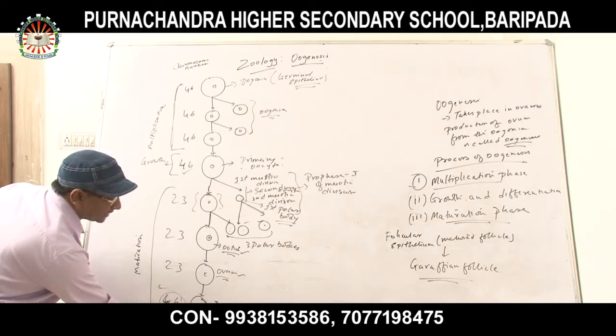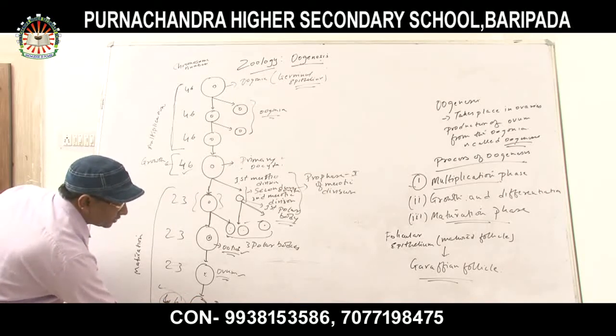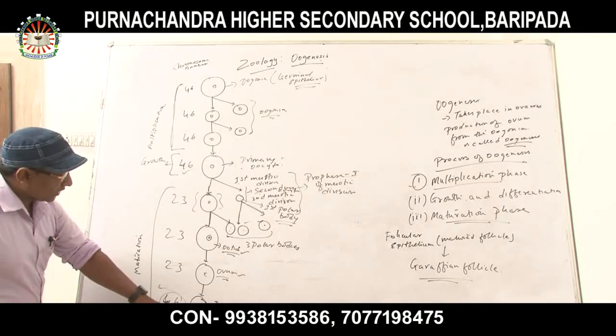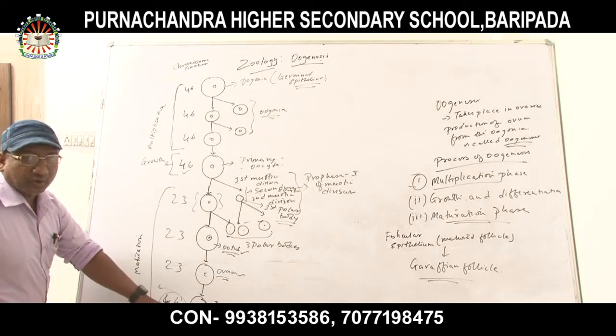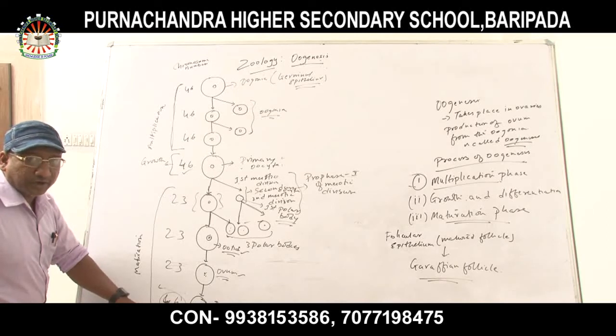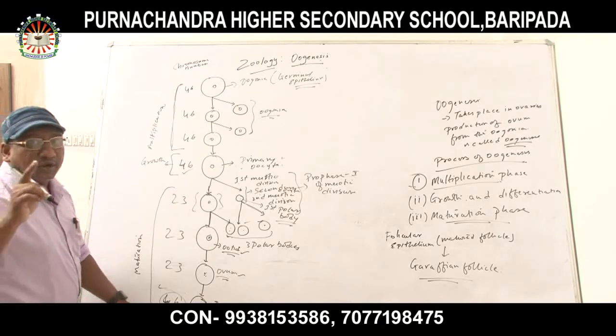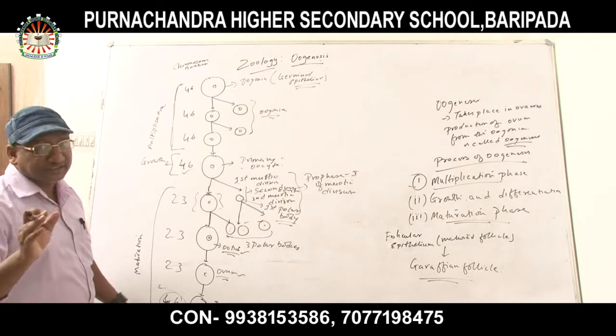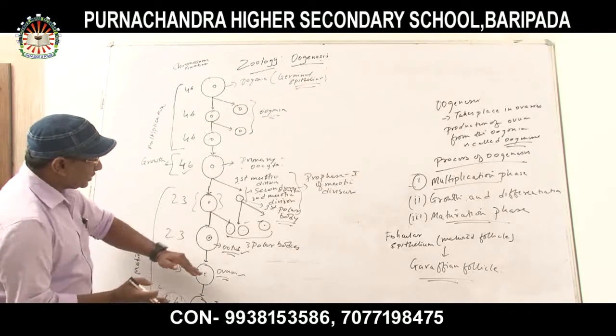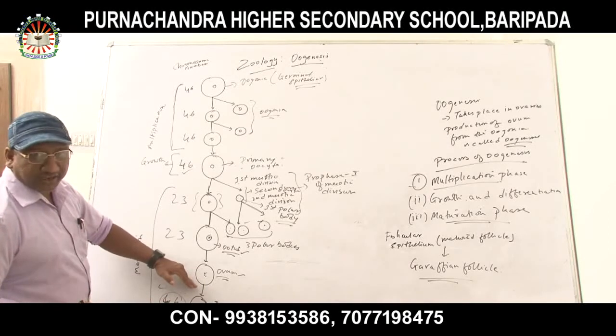When the sperm has entered, then it becomes what? Fertilization is taking place. While fertilization is taking place, it is forming what? A diploid body. And which kind of cell division will be performed here? Metaphase cell division. Till here, prophase 1 of meiotic divisions.